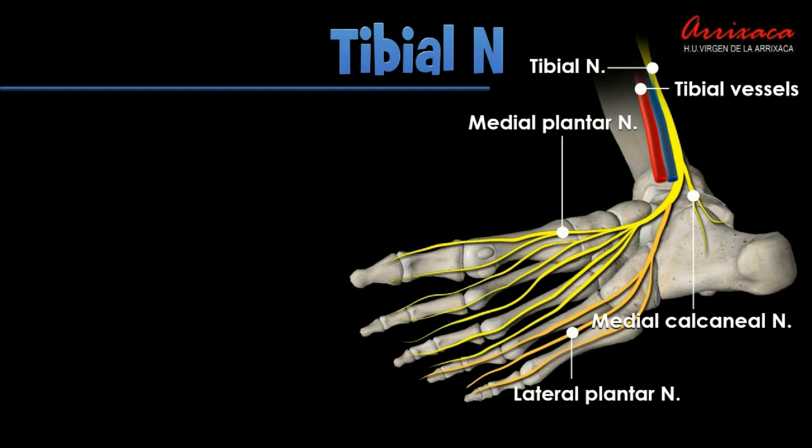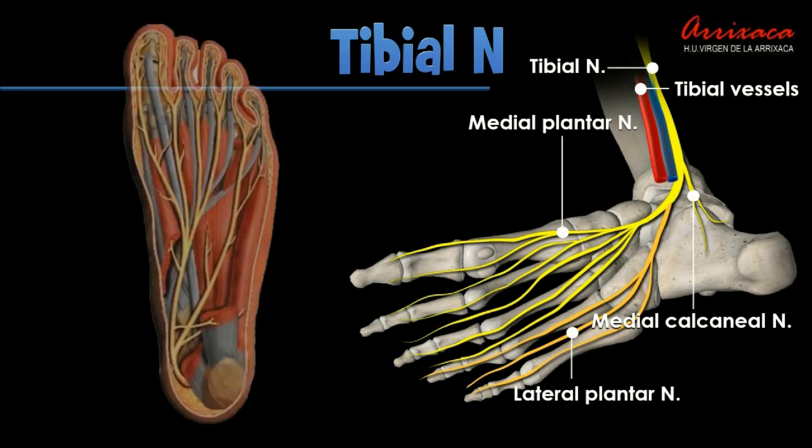The tibial nerve gives off several branches to supply the back of the leg. The muscular branches supply all of the flexor compartment muscles. In contrast, the cutaneous branches, including the medial calcaneal nerve, pierce the flexor retinaculum to supply the skin of the posterior and the lower surface of the heel. The articular branches supply the ankle joint.